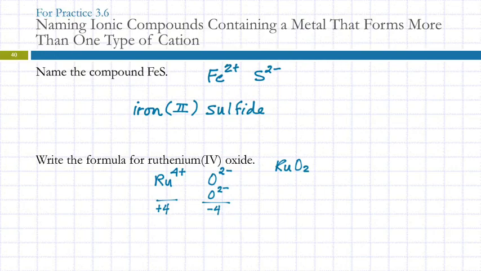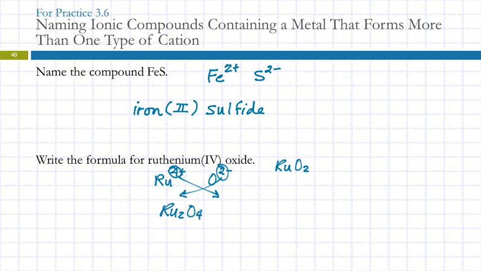Are you familiar with the crisscross method? Probably have heard of this. So I'll show you the crisscross method on this one. You have to be careful with the crisscross. So when you look at the charges, if they are not the same, you can do crisscross. Up here, we've got +2, -2. Don't do crisscross, just stick them together. +4, -2, they're not the same. So we could crisscross, right? What that means is I'm going to take the 4 and make it the subscript over here. I'm going to take the 2 and make it the subscript over there. That would predict